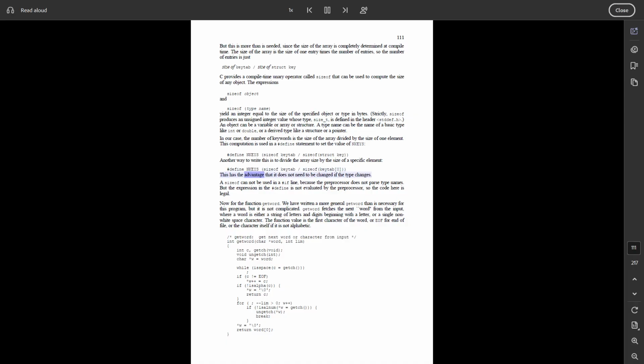This has the advantage that it does not need to be changed if the type changes. It cannot be used in a #if line because the preprocessor does not parse type names. But the expression in the #define is not evaluated by the preprocessor, so the code here is legal. Now for the function getword. We have written a more general getword than is necessary for this program,